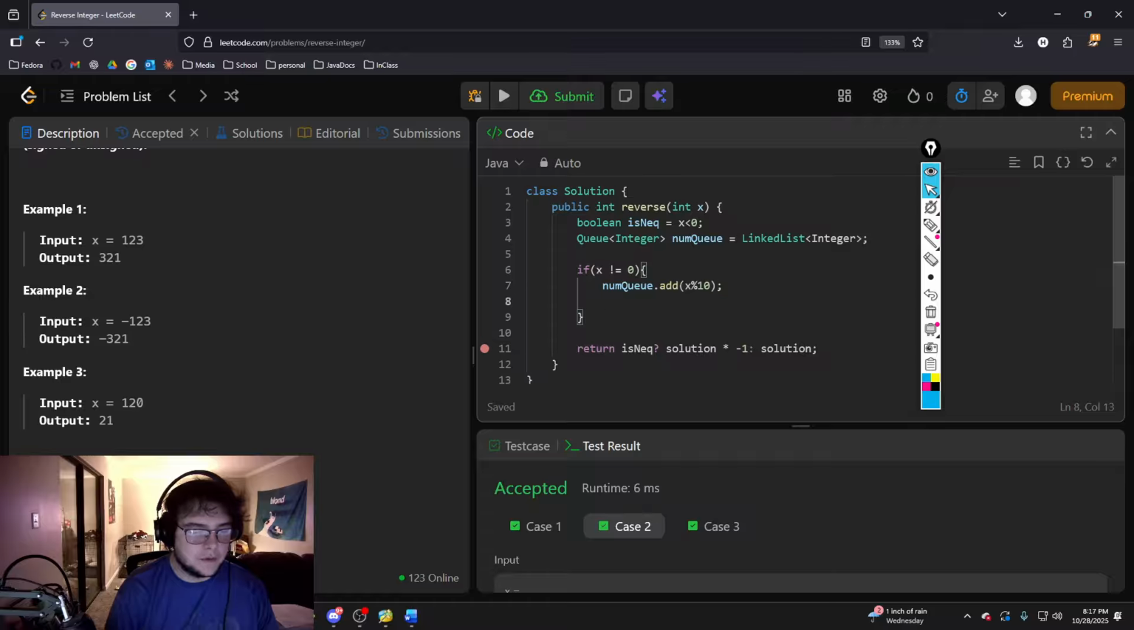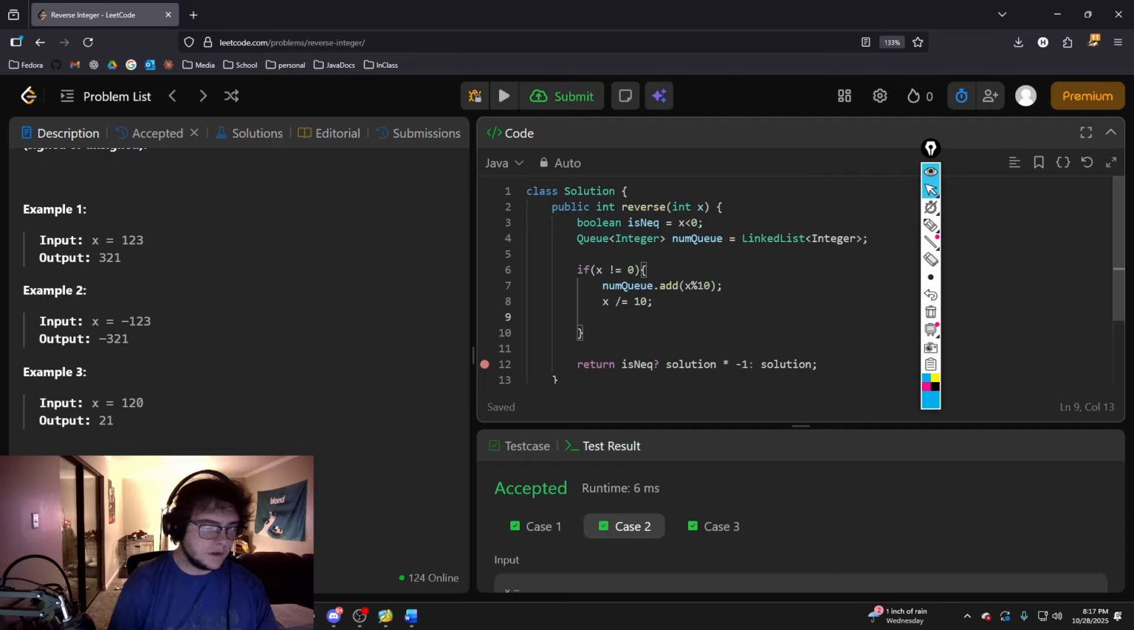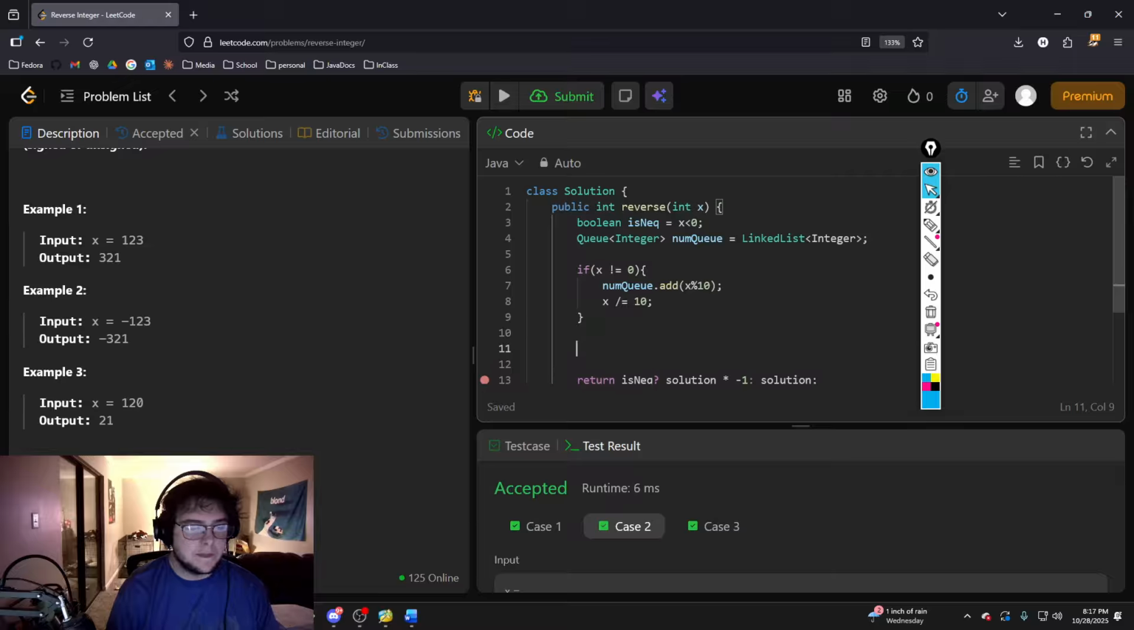And then we're going to do x is equal to x. We can just do the division 10. So x is equal to x divided by 10, and then that's it. That'll be it for that. Not if. We want to do while. Not if statement. This was my original solution, and after that I did while